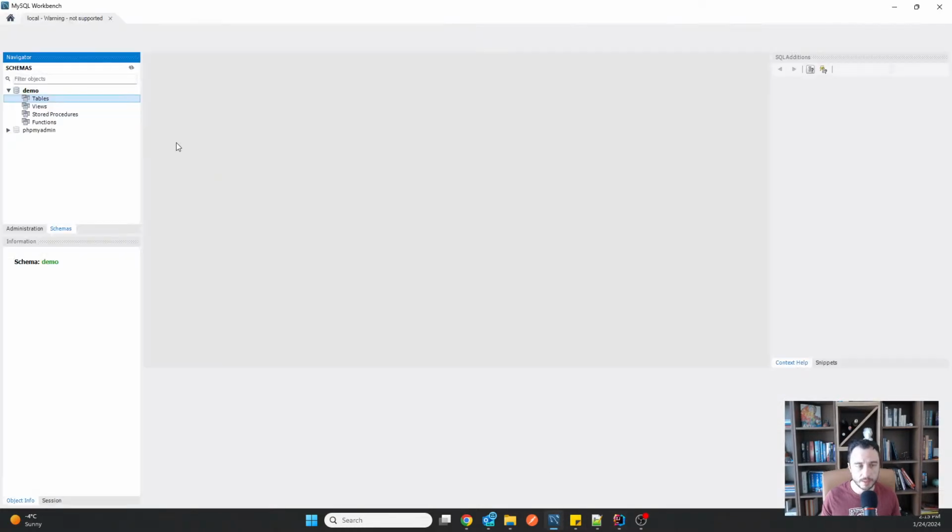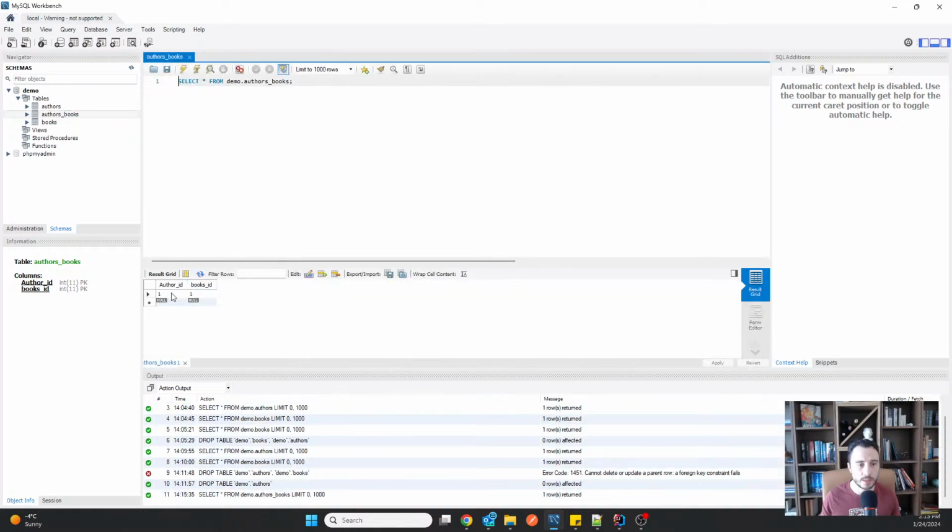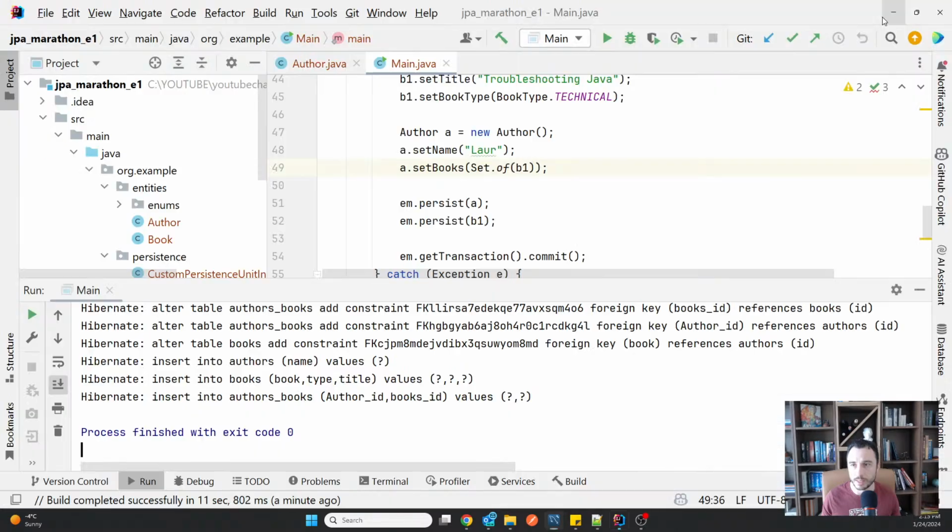And yeah, that's fine. And we will see three tables. One is the authors, one is the books, and one by default named authors underline books, which is the join table. It creates the relationship between the author and the book. In my case, author number 1 has a book with the ID number 1. So both foreign keys go inside the join table.